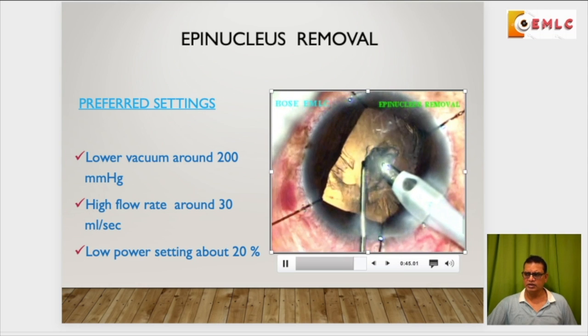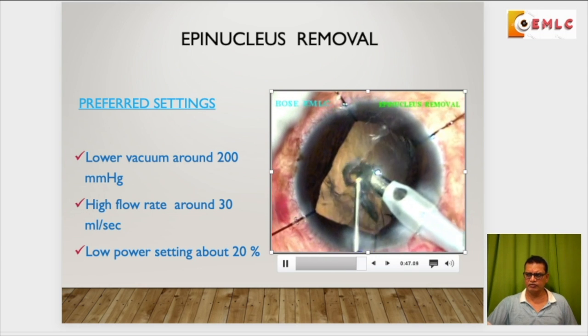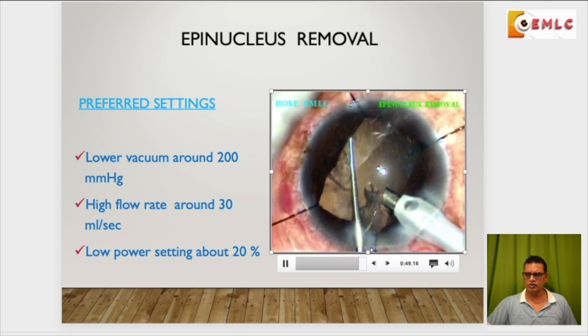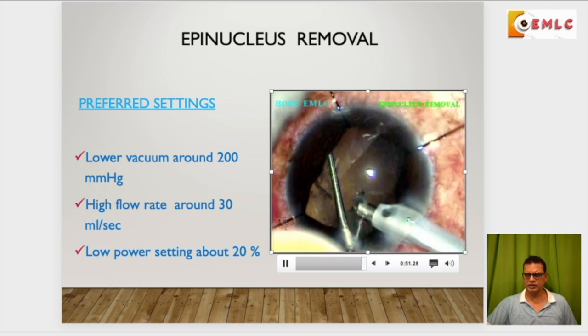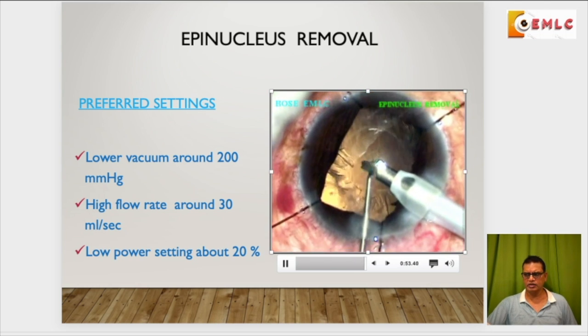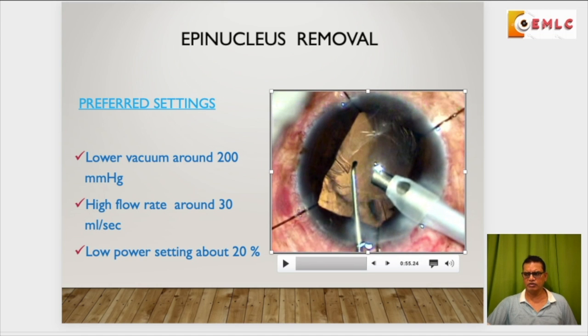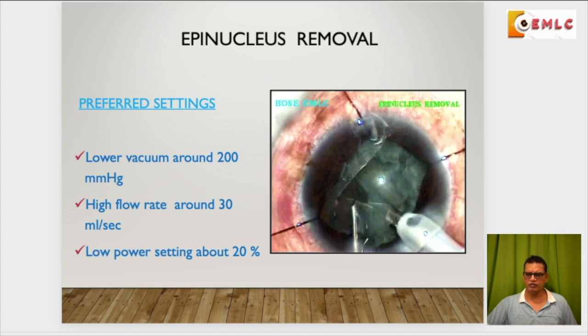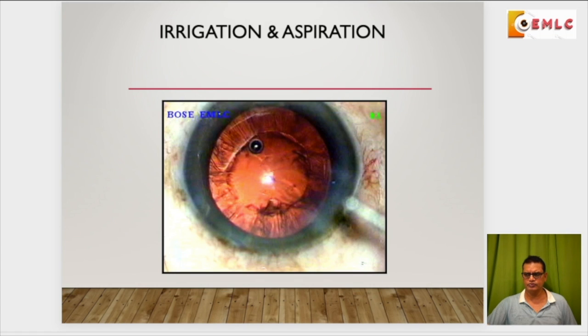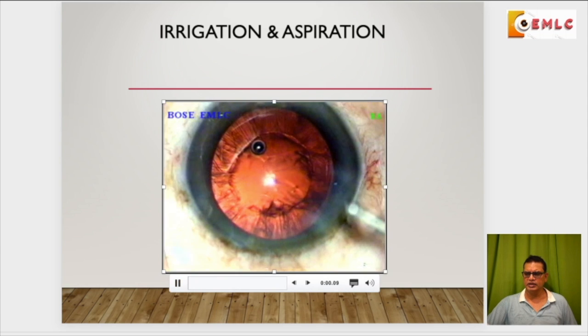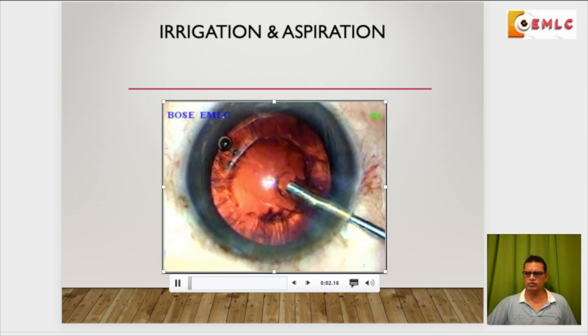You should learn that phaco power should be delivered only when the fragment is at the center, because that's the deepest part, and however much vacuum and power you use, there is less chance of injuring the posterior capsule. Now coming to the irrigation aspiration, here again after you have completed the phaco,